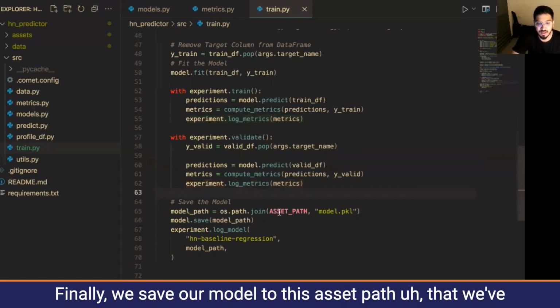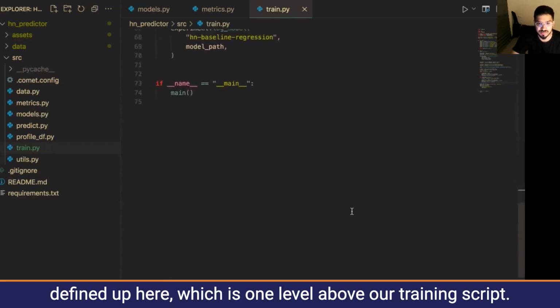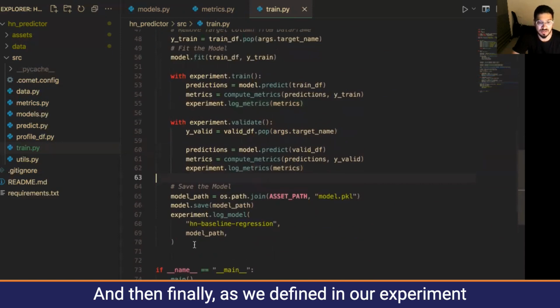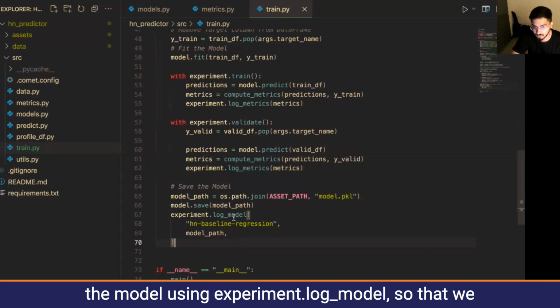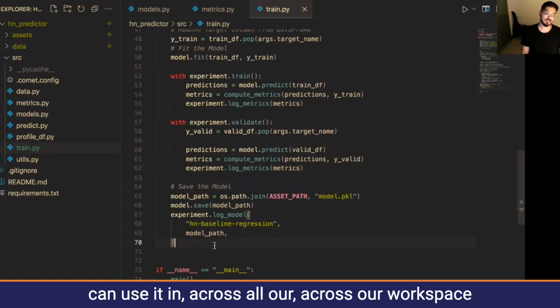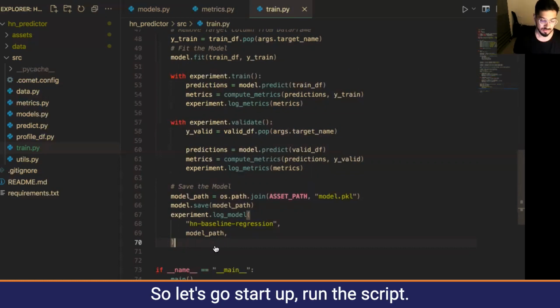Finally, we save our model to this asset path that we've defined up here, which is one level above our training script. And as we defined in our experiment requirements in our README, we're going to be logging the model using experiment.log_model so that we can use it across our workspace, because now we can add it to our model registry. So let's go start up